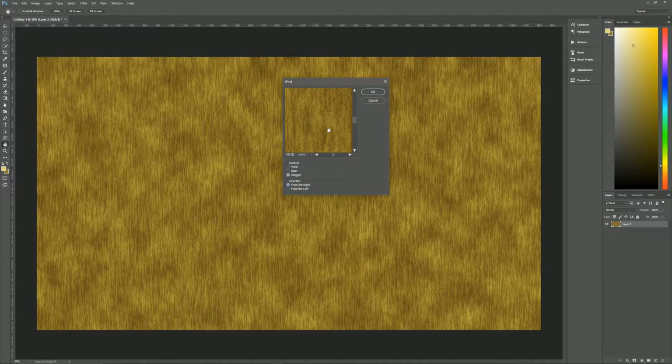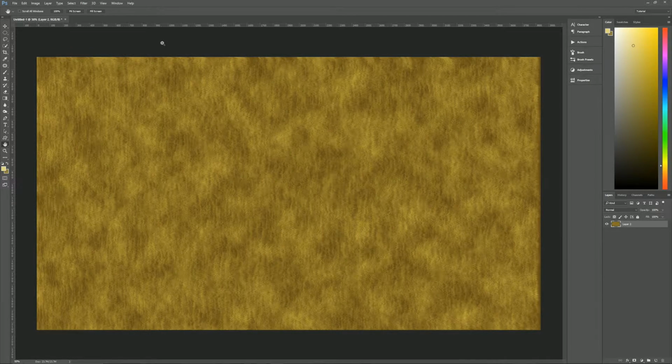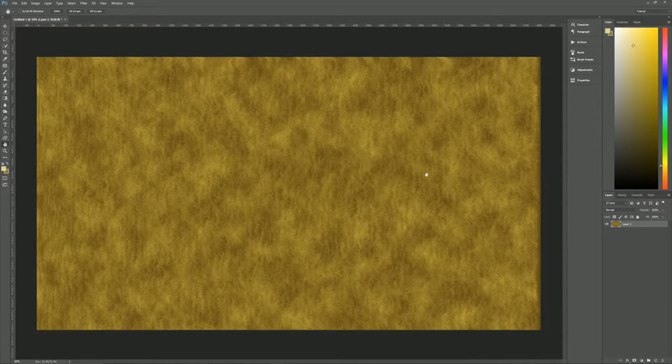It gives you basically the same thing, just depending which way you want the look to go. Now I'm going to hit OK, and we now have a slight movement to our paper texture. Now it's not quite enough, so what we're going to want to do is hit CTRL+F 2 more times. That will repeat the wind filter. So hit CTRL+F once, CTRL+F twice, and we now have a lot more movement than we did before in our